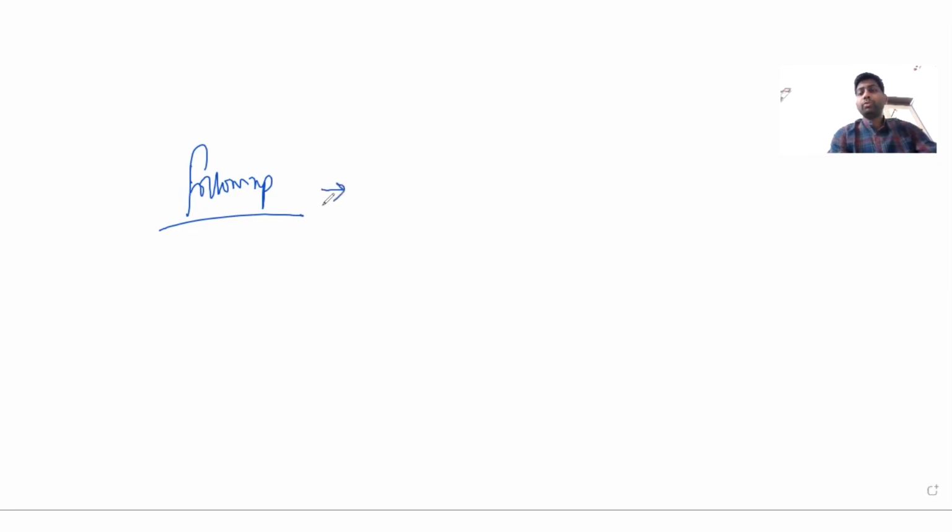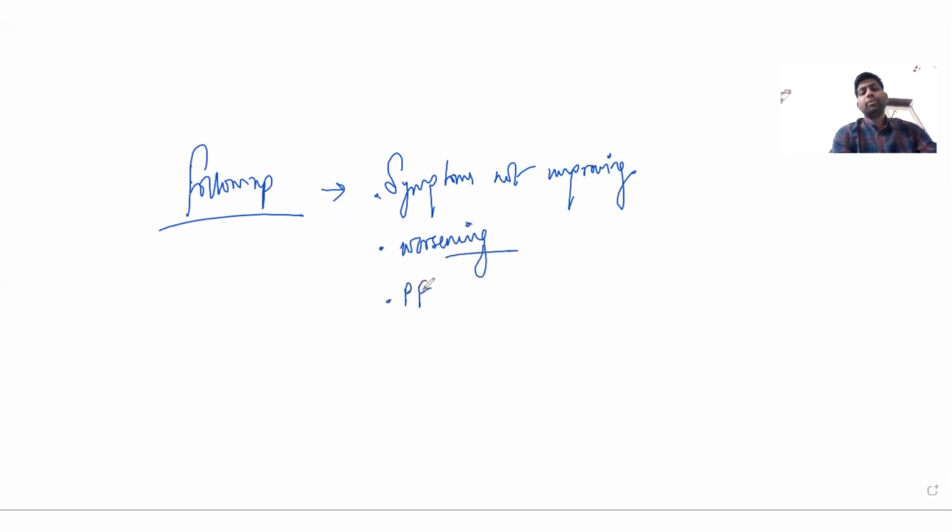So when do we do CT scan in follow-up? When the symptoms are not improving, or the symptoms are worsening, or if the PFT, that is the pulmonary function tests, are not improving. So we don't do CT scan of the chest on routine follow-up of a patient who has recovered from COVID-19,